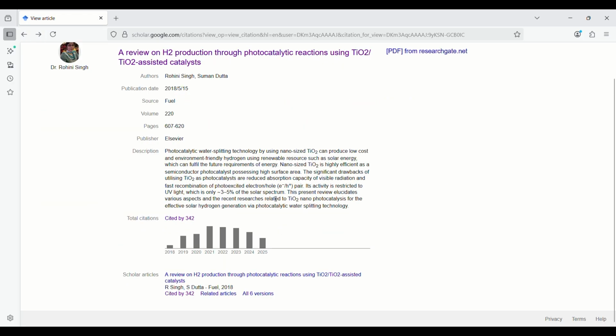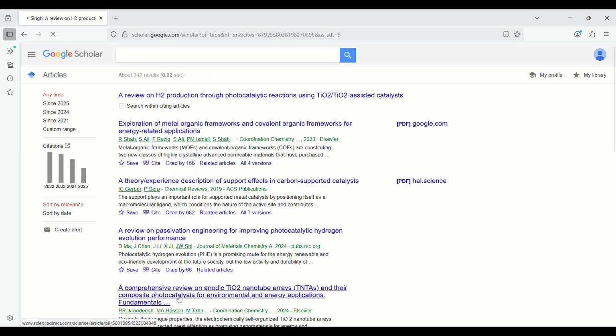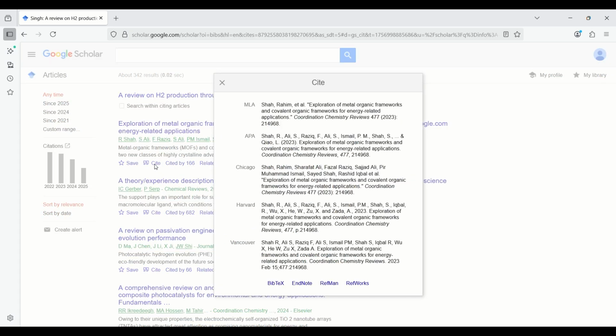One more thing I want to tell you: if you click on this cite button, you will get the references in different formats. So you can copy and paste from here if you want the reference.